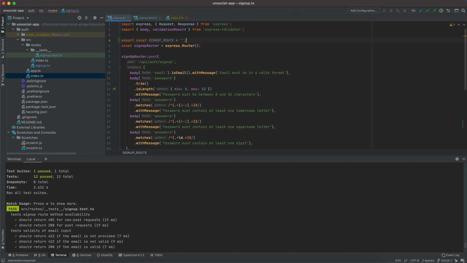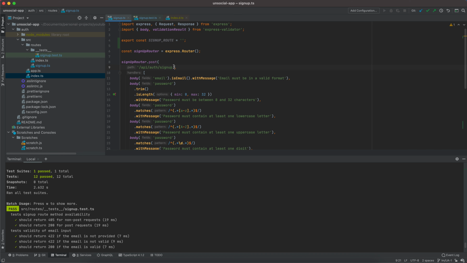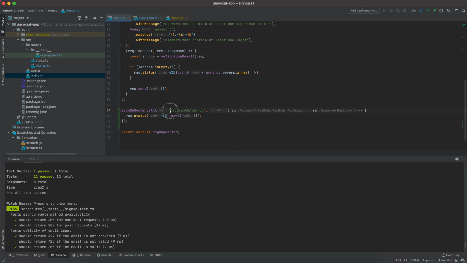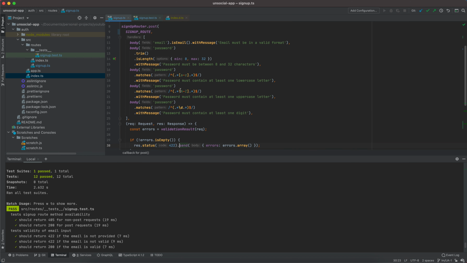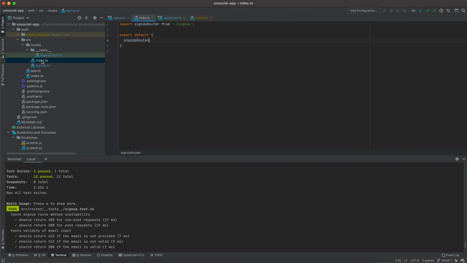And this is going to be the signup route, right? This route here, and then I can use the signup route everywhere. So it's always also going to be signup route, and now I can come to index, and I can also